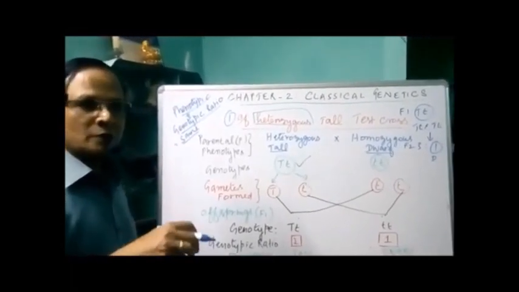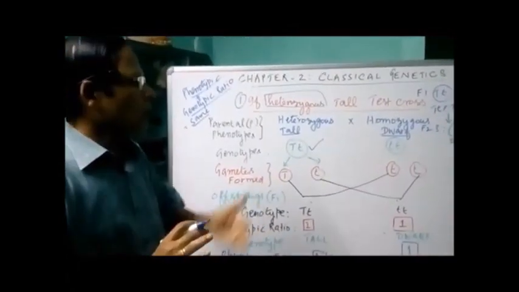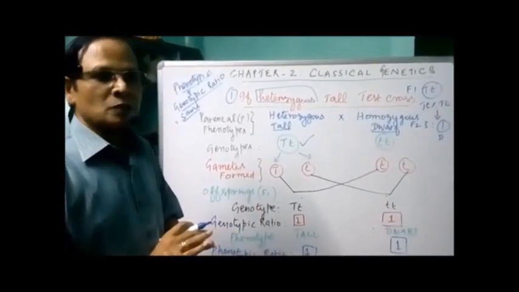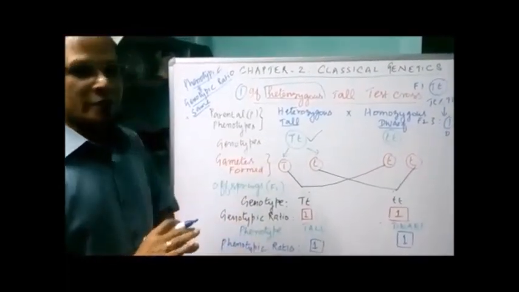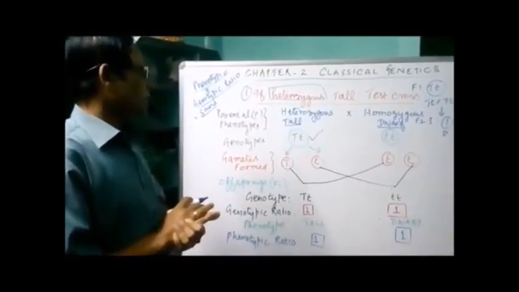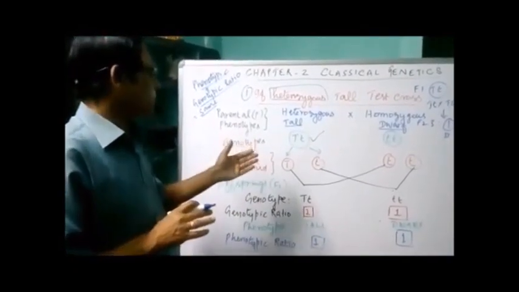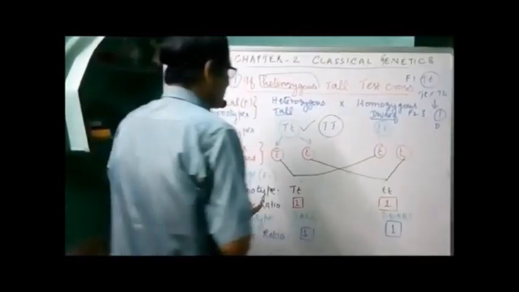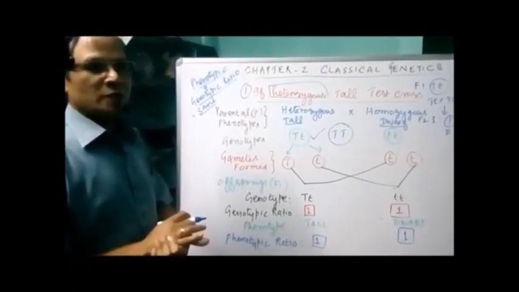In all the F2 and F3 generations, when the dwarf parents were crossed, he got only dwarf. Hence he concluded that the dwarf character is homozygous recessive. So, to predict the genotype of the F1 dominant parent, he didn't know whether the tall plant obtained in the F1 generation is heterozygous or homozygous.